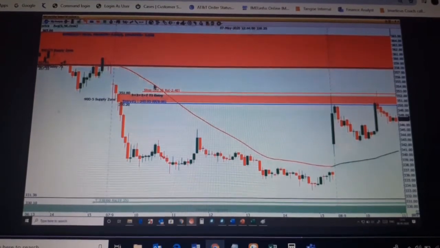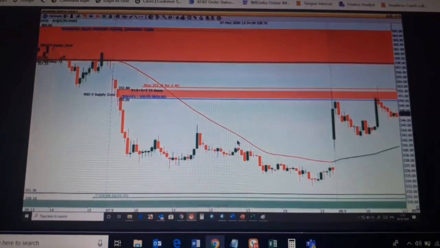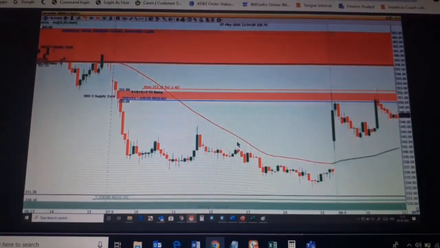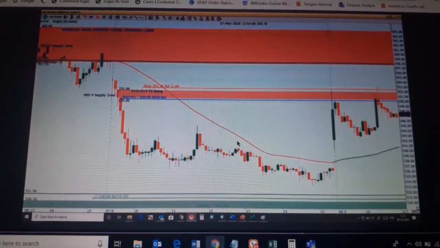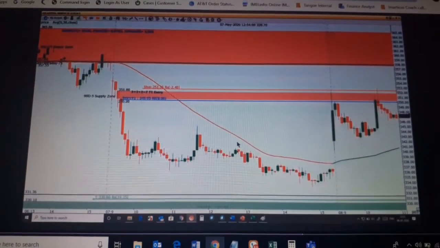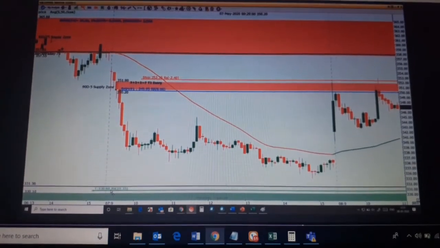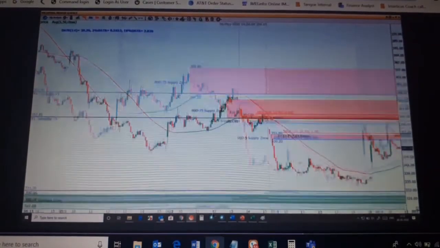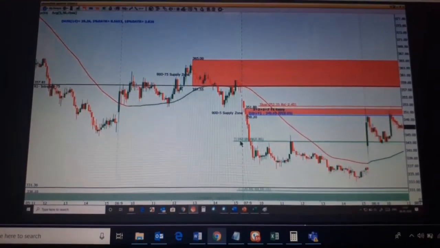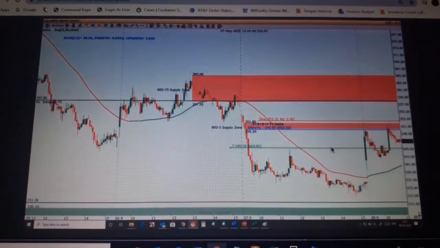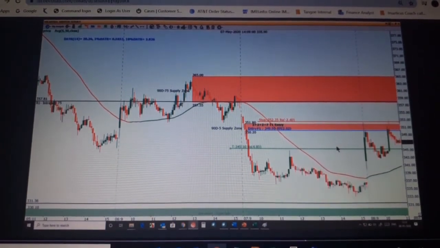Yeah, go on, Rosario. What's your question? Yeah, we mark the zones after the... See, the target line will be on the opposing level of demand. So this was the opposing level of demand, or you set a mechanical target of a 2:1 or a 3:1. So this was 2:1. If you need 3:1, you can do that.